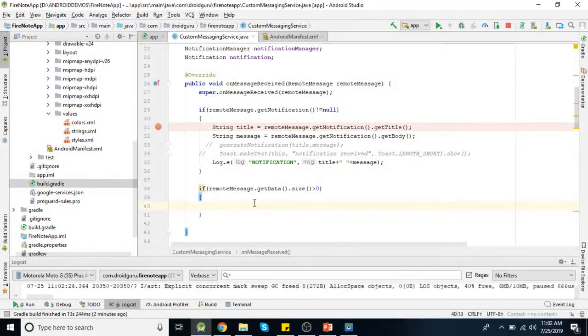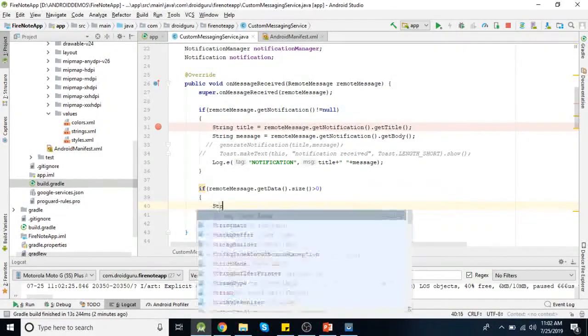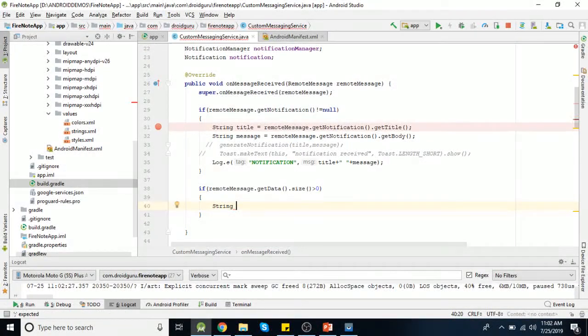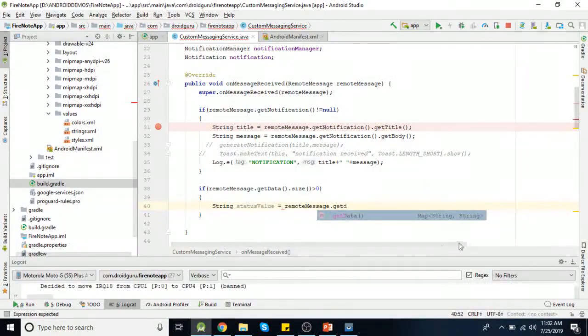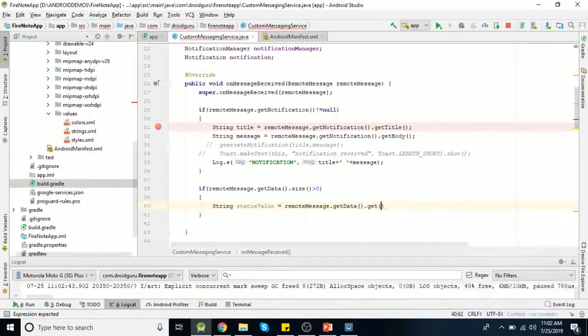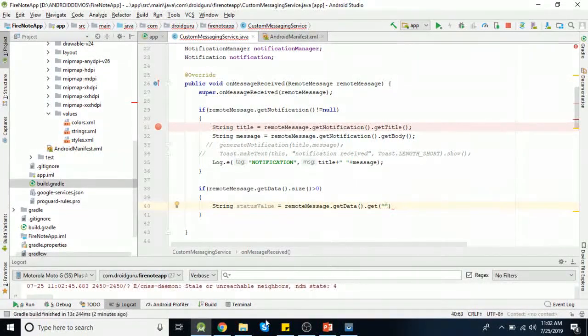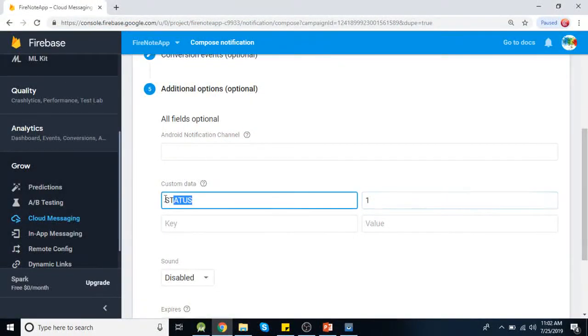And now you can retrieve that data. So string suppose status value equal to remote message dot get data. If you see, this method will return your hash map or map, so get data dot get, and you need to use the same key here which you added in this key field. Okay.